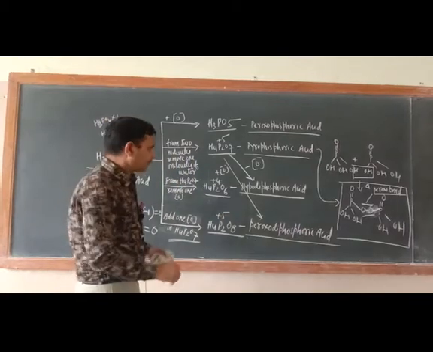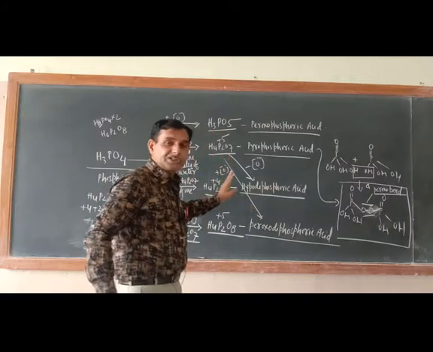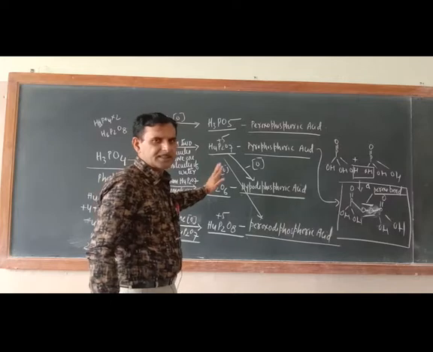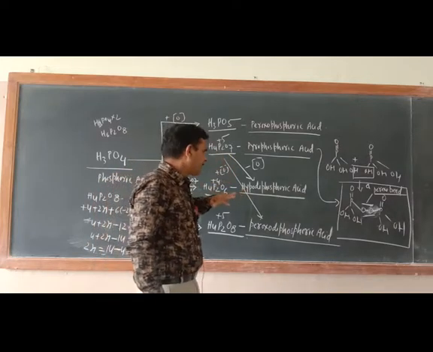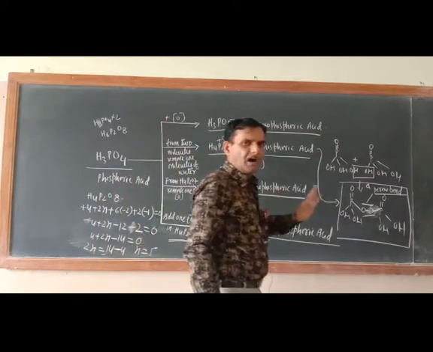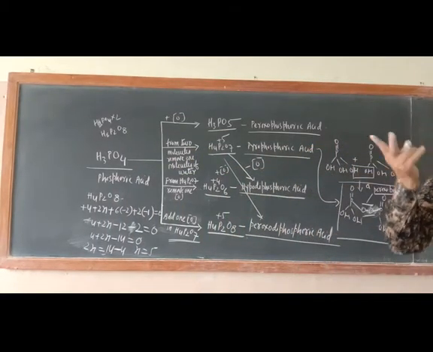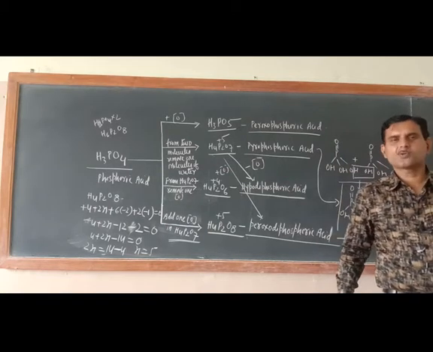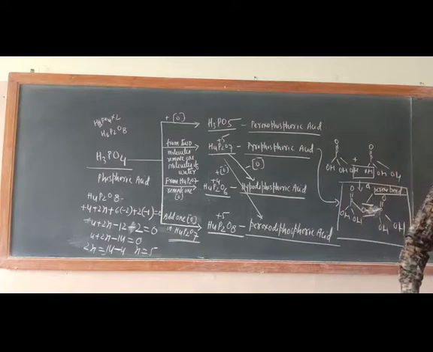So what is the general observation in all the oxo acids? The oxidation state of phosphorus never exceeds beyond 5. Everywhere it is plus 1, plus 2, plus 3 and plus 5. Beyond plus 5 no one has shown the oxidation state. So these are all the oxo acids of phosphorus. Just remember 2 oxo acids, the rest you can make. First one is phosphorus acid H3PO3, another one is phosphoric acid H3PO4.